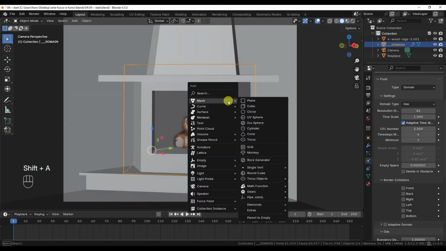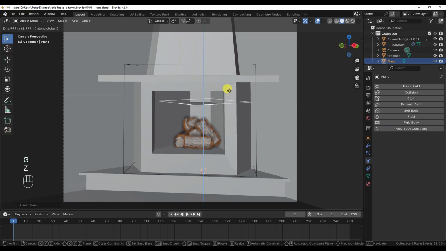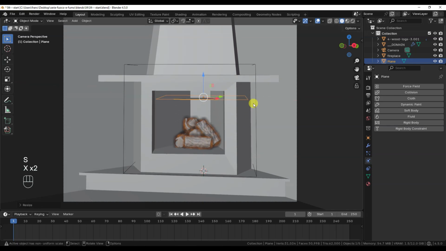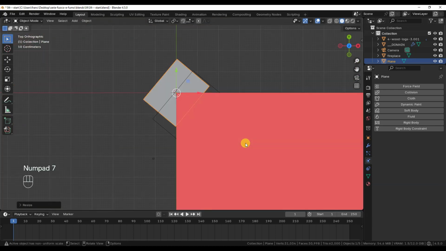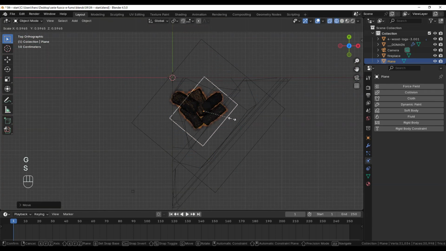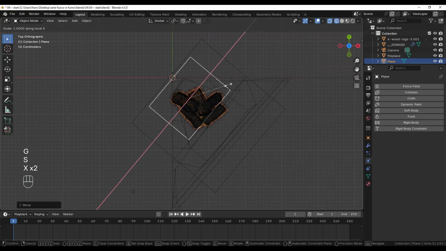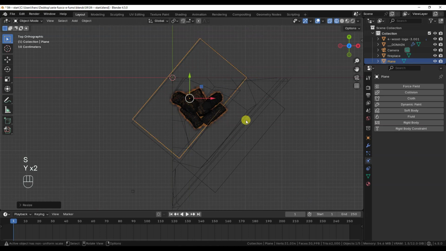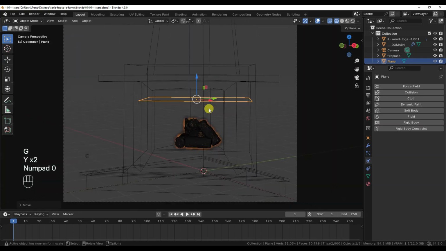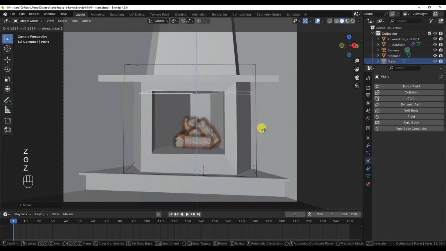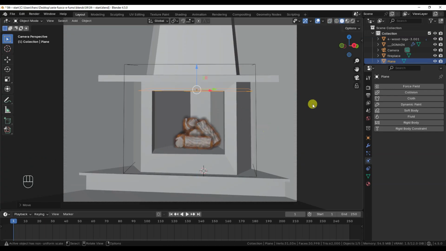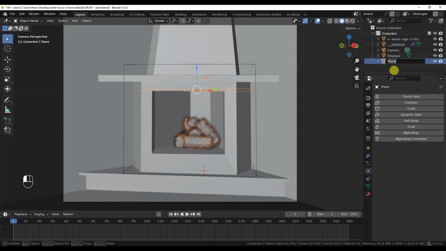Outflow objects are meshes that make fluid simulation elements, whether fire or smoke, disappear upon collision. I'm adding a simple plane to use as an outflow, placing it at the top of the fireplace where the smoke would normally rise into the chimney. Outflow objects, like inflow objects, don't necessarily need to be visible in rendering. So I'm disabling the visibility of the outflow object both in the 3D viewport preview and in the final render. From now on, I'll select it in the outliner.